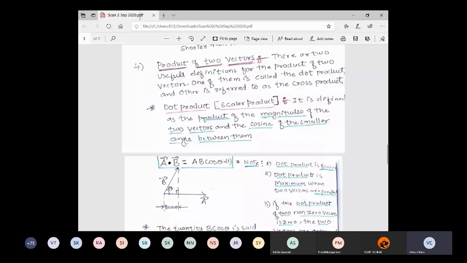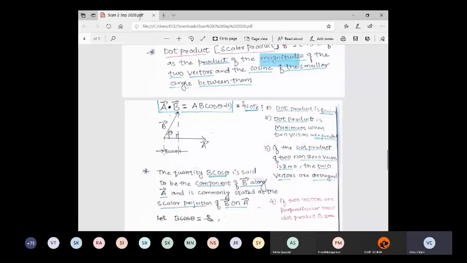You should be very careful about this definition. It is defined as the product of the magnitudes of two vectors and the cosine of the smaller angle between them. Okay, and I define it as A dot B. The dot product is indicated as A dot B is equal to AB cos theta. That is the product of the magnitudes of two vectors multiplied with the cos of the angle between them,